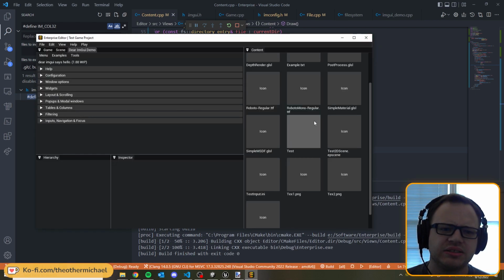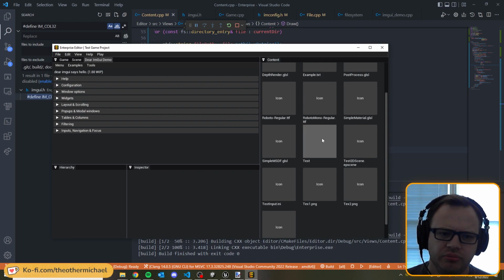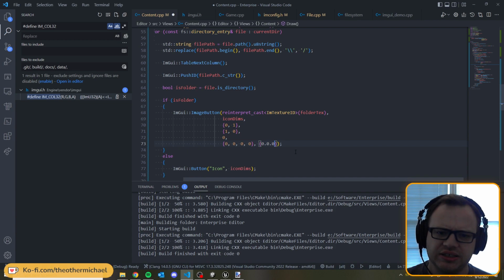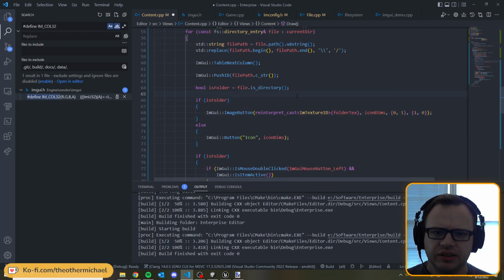Okay, so when I set the tint color to 0, I guess that's actually the color multiplied against the texture color, or something like that, because I set it to 0 and it went fully transparent. So there's gotta be a different property to set for this button. I think I know what it is. I think I'm gonna need to push